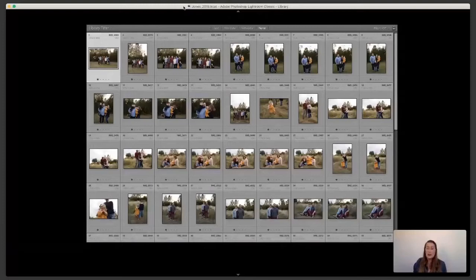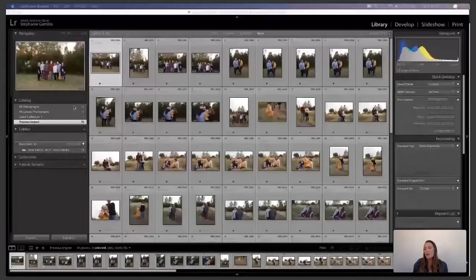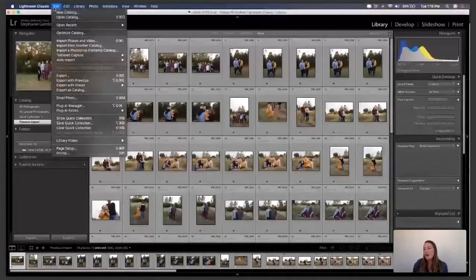So when you're in Lightroom, all you would need to do is click up at the top. You have your menu bar. You can't see it; you can only see my Lightroom. But up at the top, it says File. Let me see if I can show my screen instead of just this window. Okay, so you're going to go up to File, and you're going to create a new